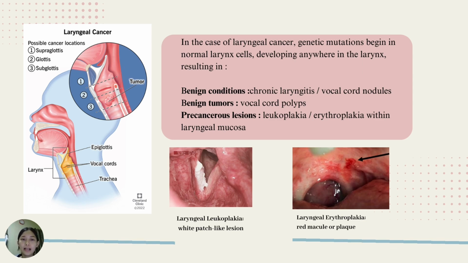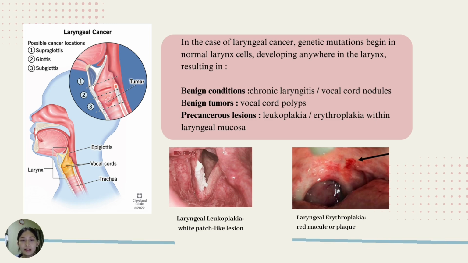Then the mutation happens in the cells in the larynx, developing anywhere in the larynx, resulting in benign conditions, which are chronic laryngitis or vocal cord nodules, or benign tumors like vocal cord polyps. These benign conditions are not cancerous, however, they can disrupt the normal architecture and function of the tissue or the